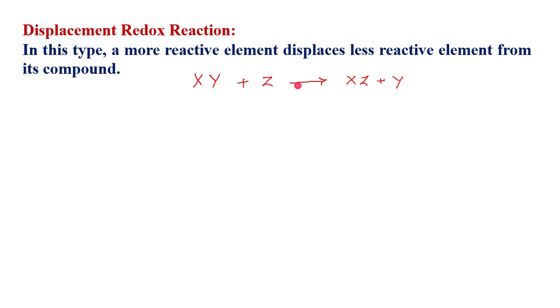Okay, so this more reactive element can be a metal or a non-metal, and this less reactive element also can be a metal or a non-metal. Okay, so this is the way we define or explain displacement redox reactions. Those redox reactions where a more reactive element displaces a less reactive element from its compound are called displacement redox